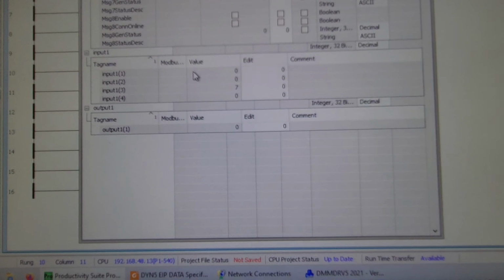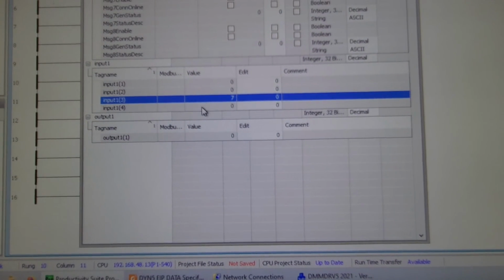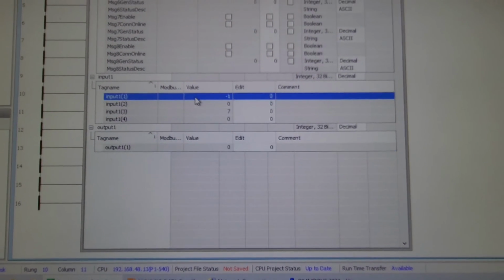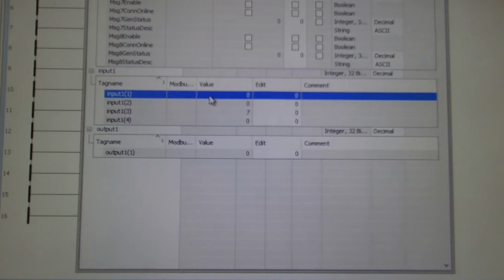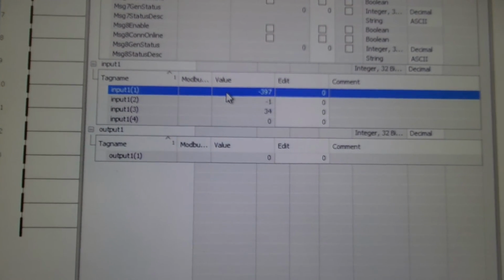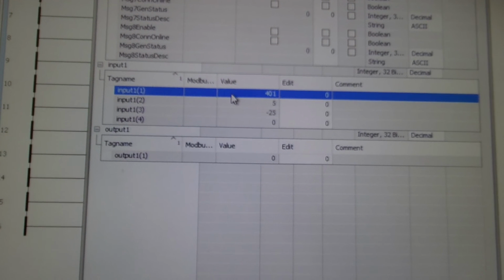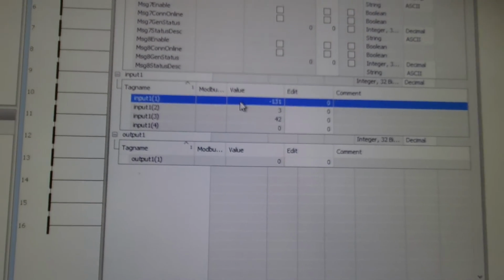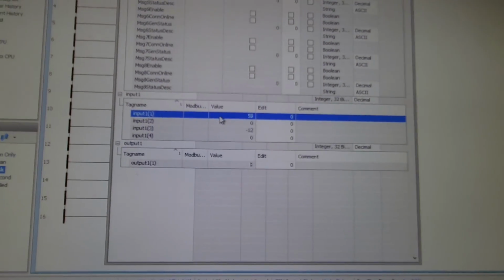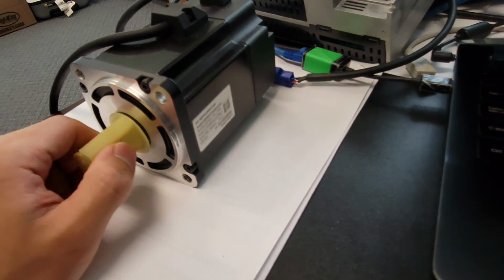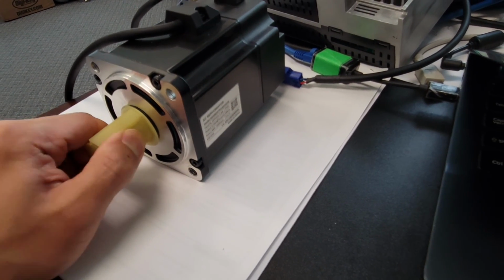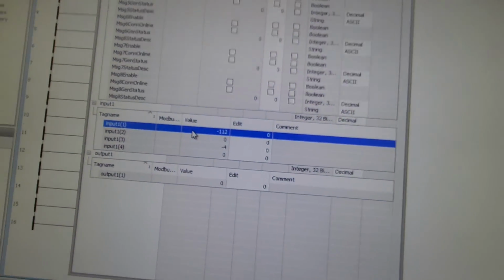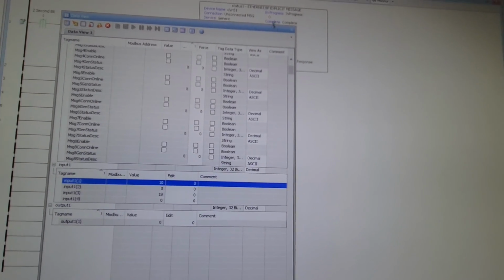from the drive. This input 1 is the position, speed, torque, and the drive status, and this output to the drive right here is the drive enable disable. As I try to move the motor shaft with my hand, you can see the position of the motor changing, and also the speed and the torque the drive is applying to the motor to try to keep it in position. That's the I/O. What I'm doing right now is trying to manipulate the motor position with my hand, but it's locking it. So you can see the position is changing on screen here. Let's do